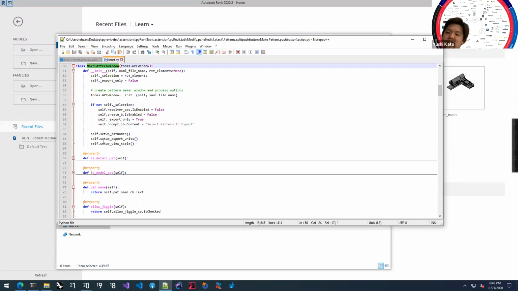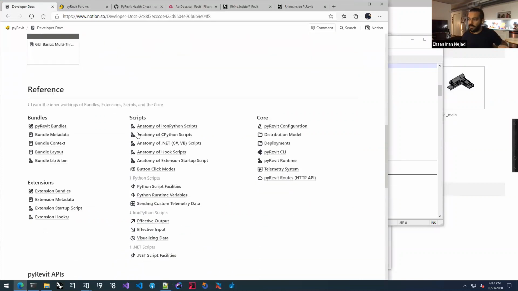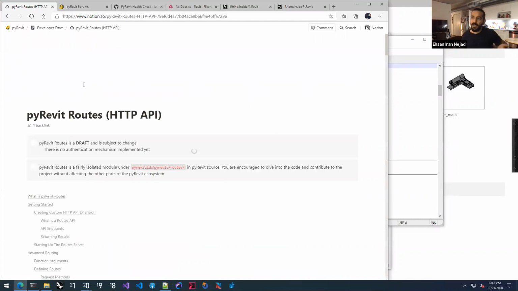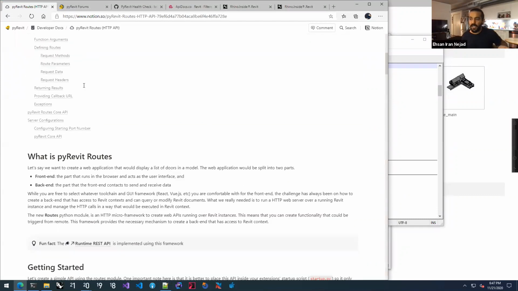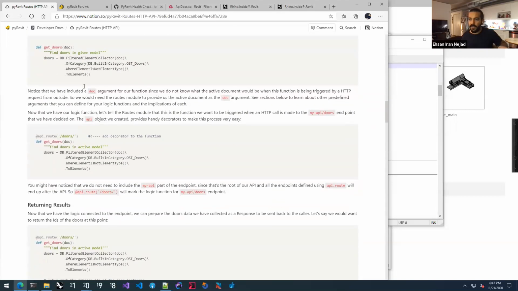There are a couple of other pyRevit features that are also pretty powerful. There is one that I've added that's in development. It's called the pyRevit Routes API. If you are familiar with web development, you can create something like this. For example, you can create a function like this in pyRevit and use the Routes API to put it behind